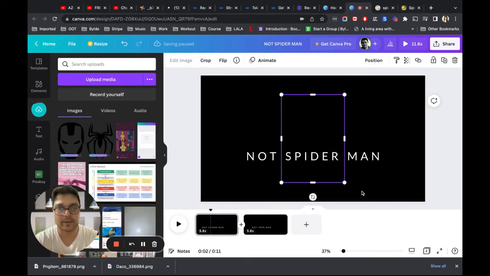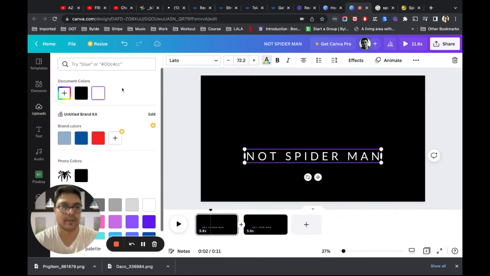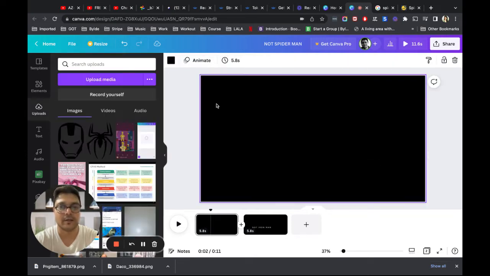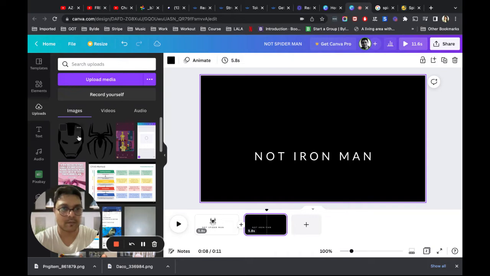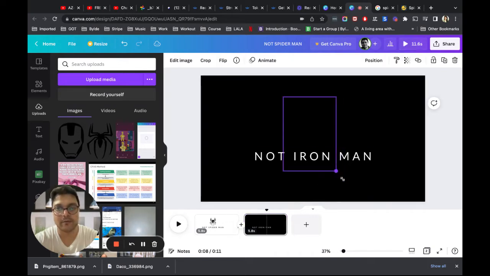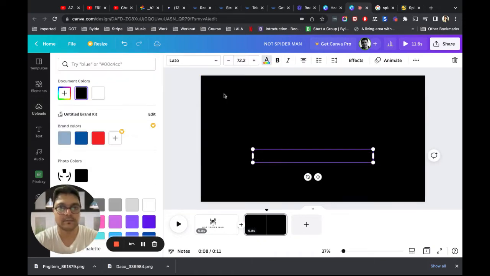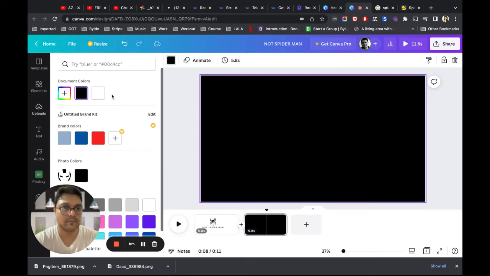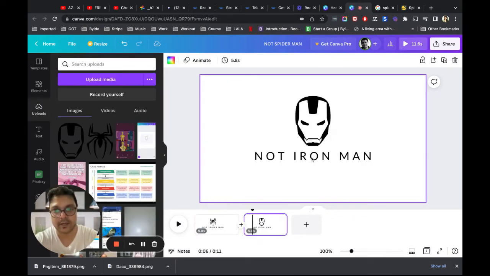So this is Spider-Man logo. Okay, so I have to change the background color because the color for the logo is black. Potentially I have to do the same for the Iron Man. There you go. So we got not Spider-Man, not Iron Man,